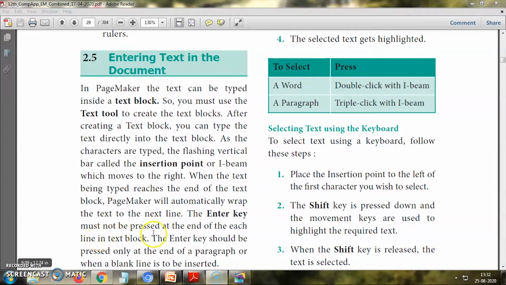So you should not press the Enter key. The Enter key must not be pressed at the end of each line. It can be pressed at the end of the paragraph only. Okay. So now let us see how